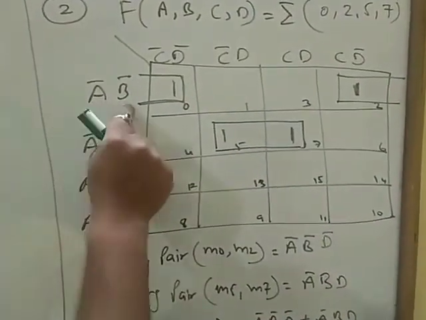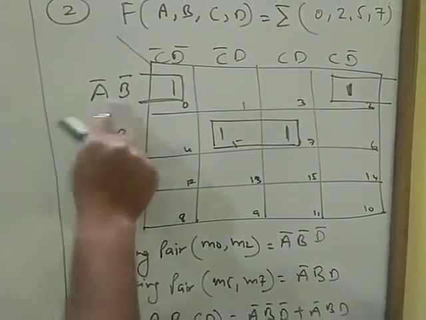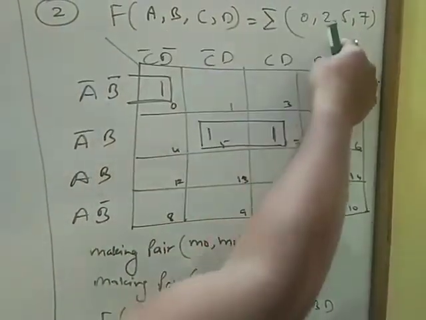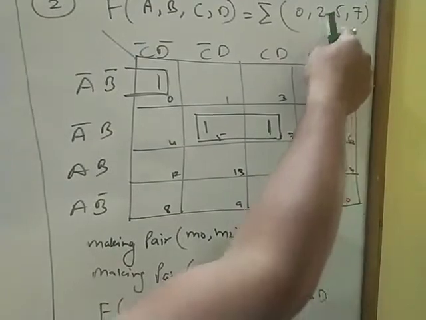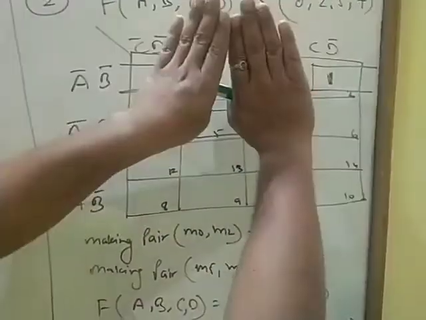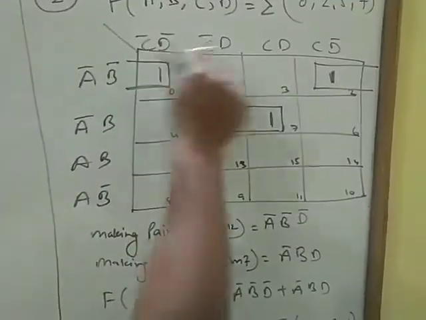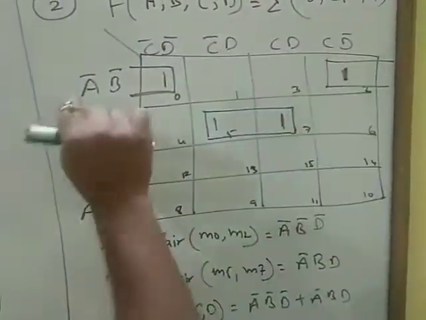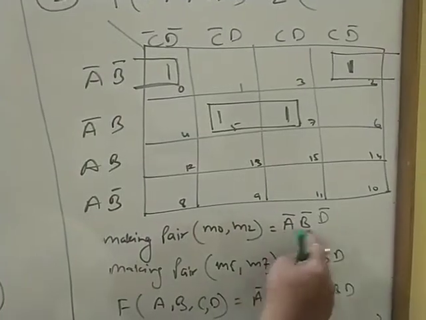Here you can see, here A dash, B dash, we are in the first row, so there will be no change, but column 1 is attached with column 4. So both the columns are attached to each other. So here there is a change in C dash to C. C has changed, so only D dash remains. So our answer will be A dash, B dash and D dash.